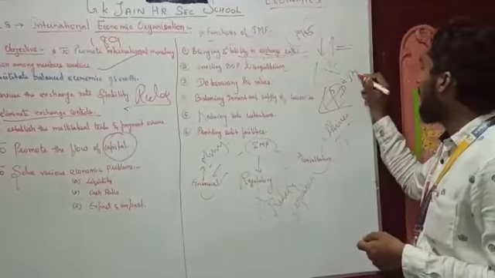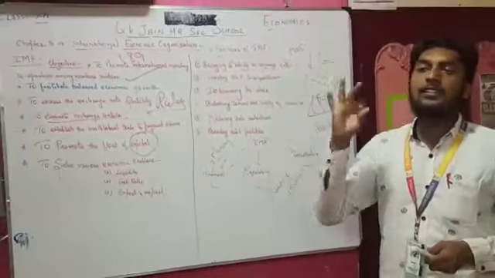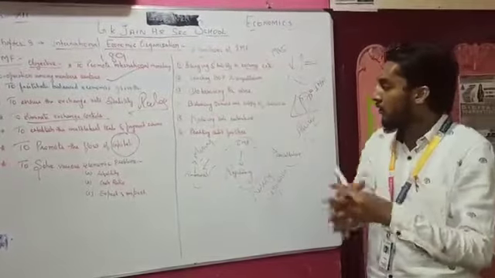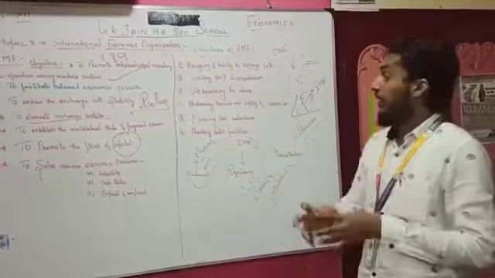By IMF. For example, 3 countries are there: UK, US and Russia. These 3 countries come together for giving effect to the international trade. Here, the demand and supply of currency between these countries should be maintained. Who will maintain this? It will be maintained by the IMF.